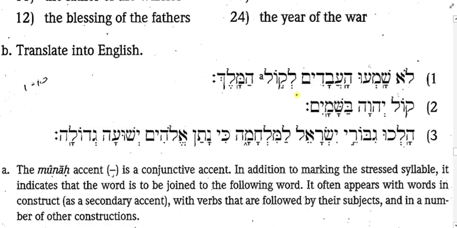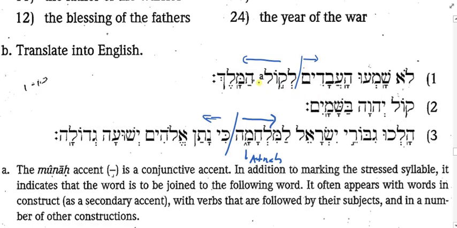So we've been noticing, like right here, this is the athnak. The athnak is what's called a disjunctive accent. And what that means is that you sort of hold that tone syllable a little bit longer, and it tells you that the word that the athnak is on goes with what precedes, and there's a small sort of break or disjunction between the word with the disjunctive accent and what follows, okay?